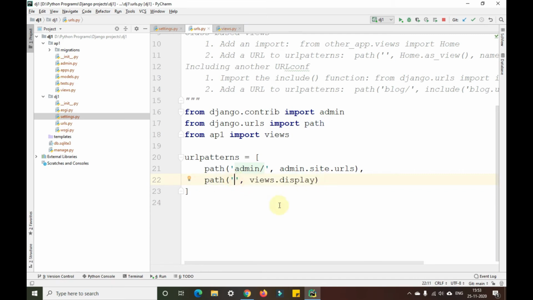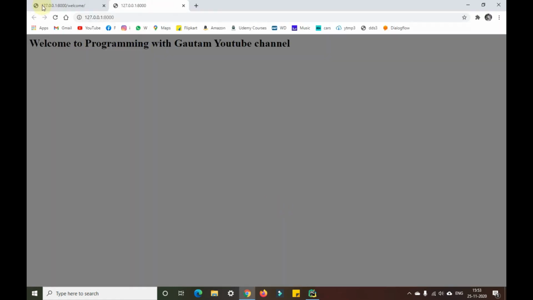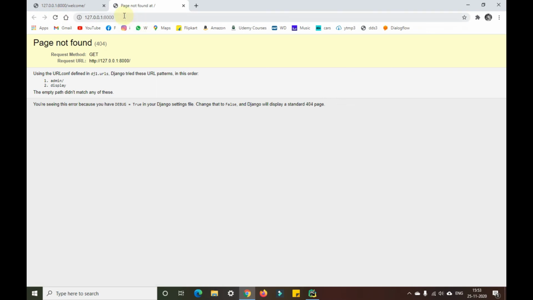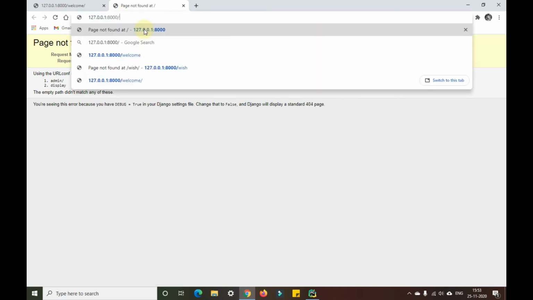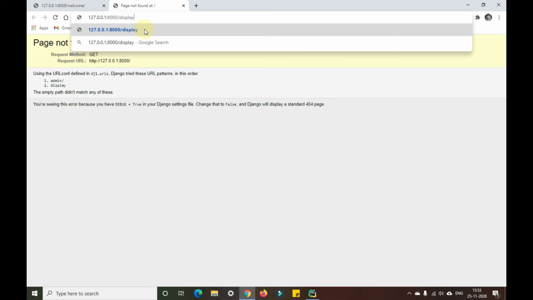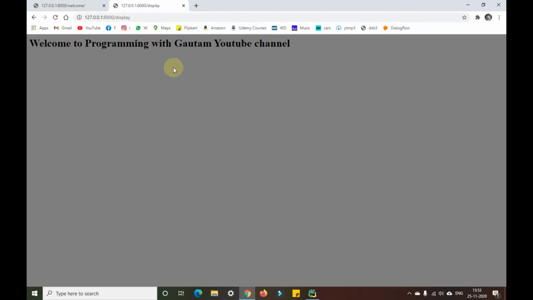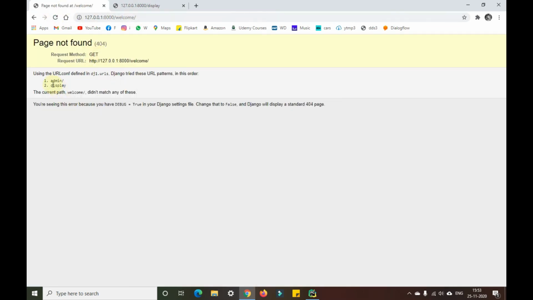We can also put display in the URL section as well. So when I refresh it, you can see there is an error. So if I add /display, you can see it will show the proper page that we want. So this is the welcome page. When I refresh it, we'll be getting an error here. It is showing only 2 pages that are available, that is admin and display.